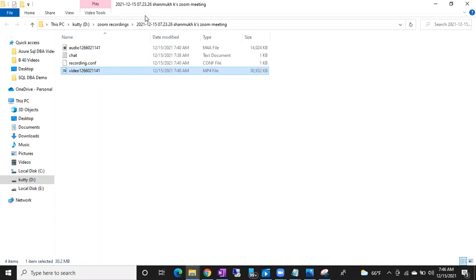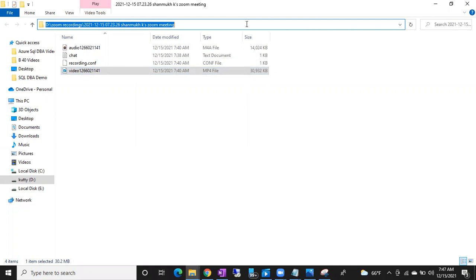Okay, guys, clear everyone? And this is your video file. You can store this video file in a separate location. Clear everything? And remember, don't forget to save the location where the files are recording. Just copy and paste this path into a notepad. In case you missed the path, you can go to that path directly and check the recordings.